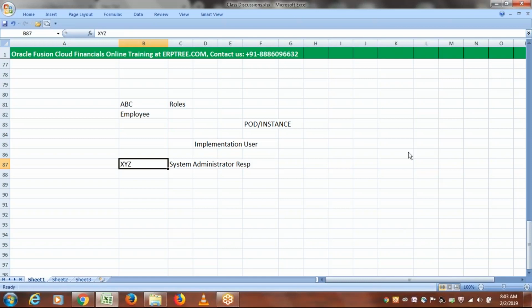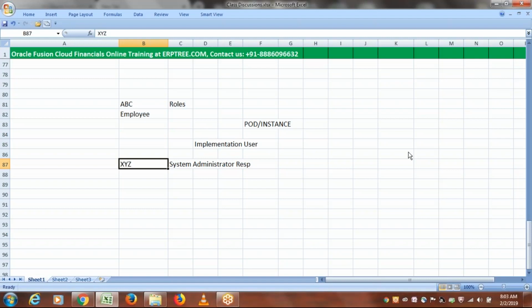is designed and planned, and how many applications are going to be implemented, for all those applications this user can create the responsibility, and those responsibilities can be assigned to the user, setting up profile options, creating the business group, operating in it, right? Legal entities, primary ledgers, inventory organizations, etc., and the rest of module specific configurations also can be done by that user, and finally testing can be done. Even if it is a fresh instance, everything can be done by that user if the user has access